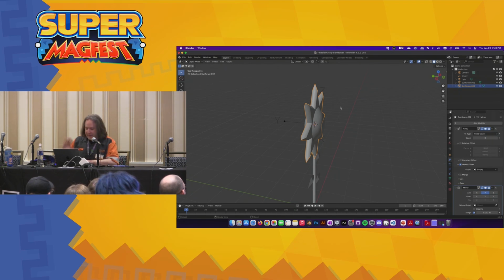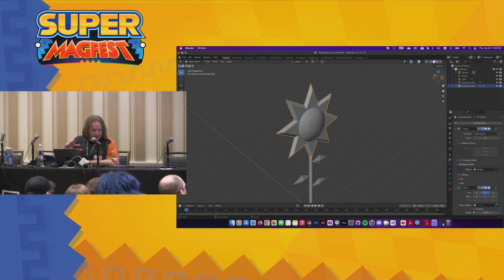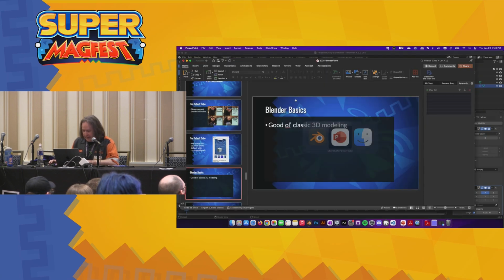Okay, so those are my examples of modifiers. Modifiers are great. You'll use them all the time. That's the nature of things. If you're doing visual work, you're probably trying to apply materials and things. This is great. These have all been gray shapes so far. They're not the most beautiful things to look at.